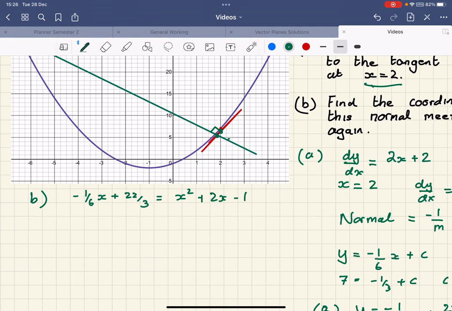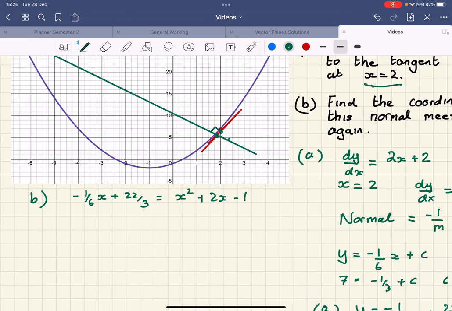minus 1. Now, if I graph that on my graphic calculator, I'm going to get my two answers. And I'm just going to do that now. So it's going to take me 1 minute, but if I can have that in as x squared plus 2x minus 1 and negative 1/6 of x plus 22 divided by 3. If I draw that there and I look for the two intersection points,